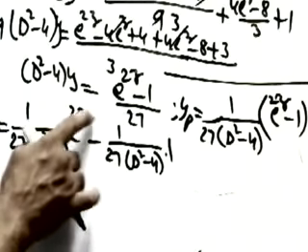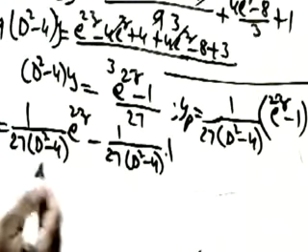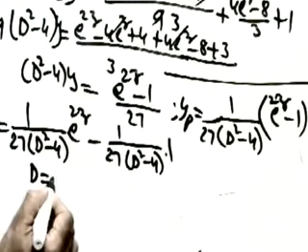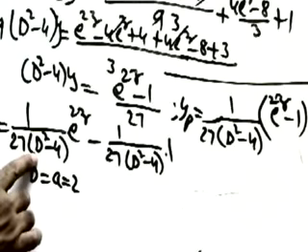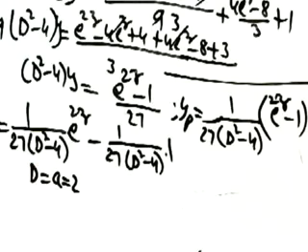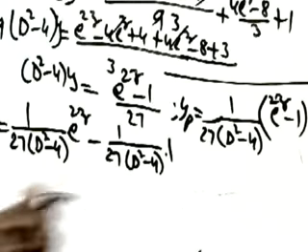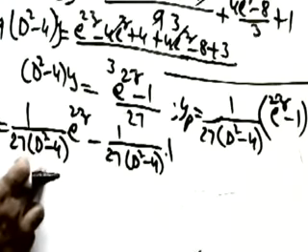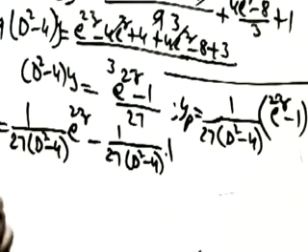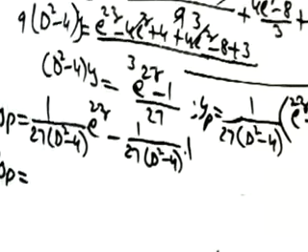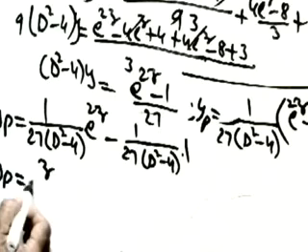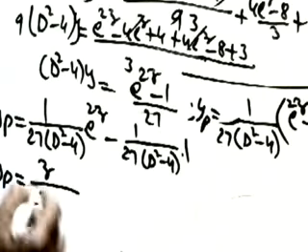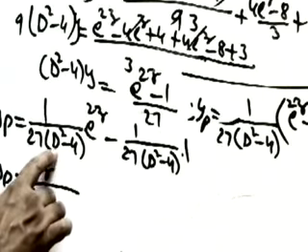Now see here, what is the method we are having for e power ax? For e power ax, we put d equals to a, so d equals to 2. But if you keep 2 here, 2 square is 4, 4 minus 4 becomes 0. So we are getting 1 by 0, not defined. Therefore what is the method? Multiply the numerator by x and differentiate the denominator with respect to d. So multiply the numerator with z because we are having z now. Z divided by 27 into